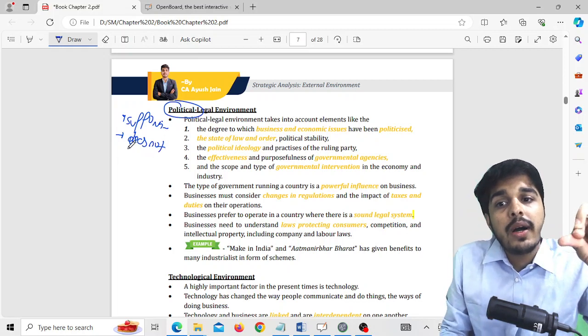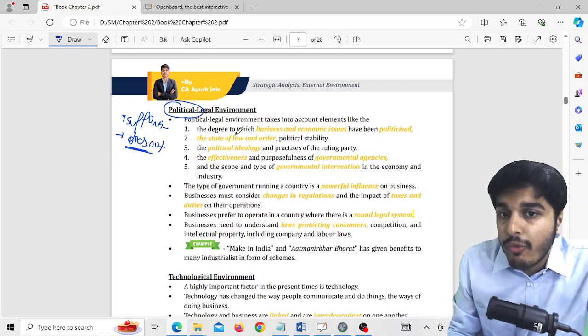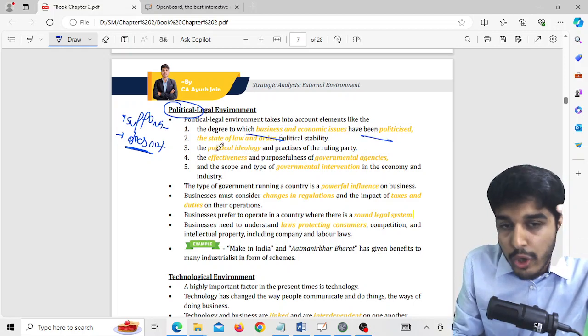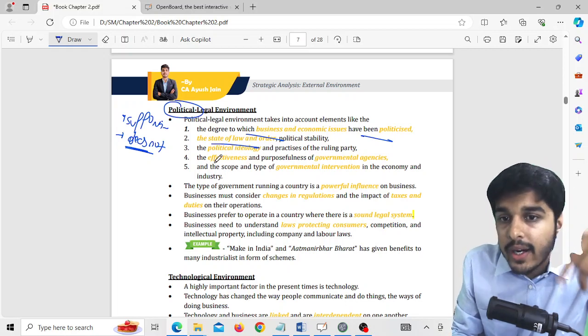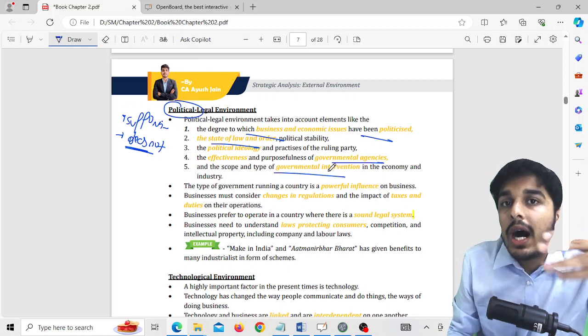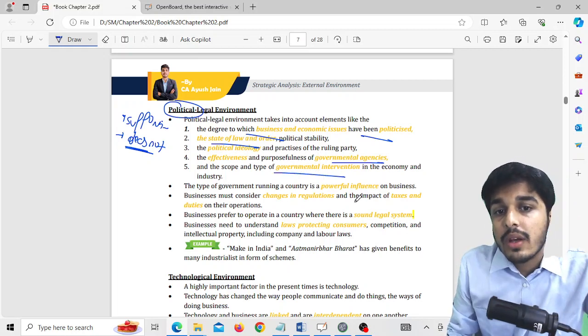In other words, I have to see how this business and economic issue can be politicized. What is the state of law and order in my country? What is the effectiveness of governmental agencies? How is the government intervening in this type of